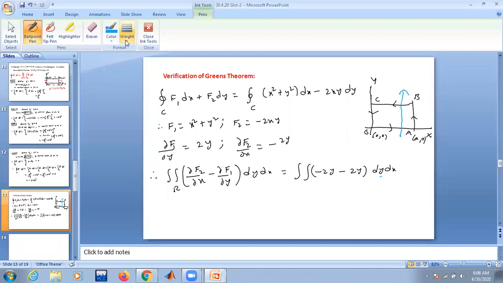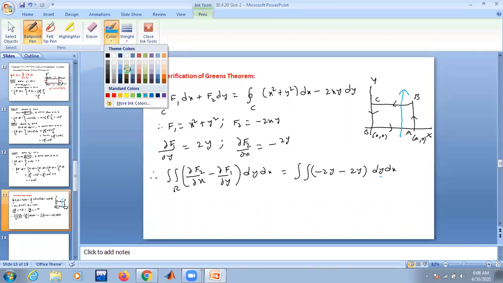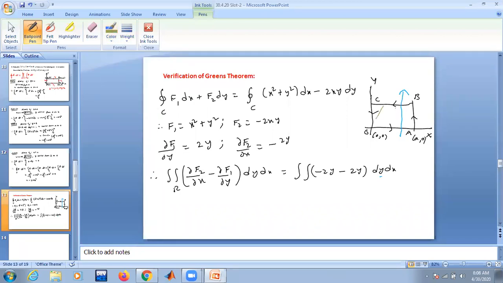Because this is a rectangular region, all the limits are going to be constants. So it is entering through the x-axis, leaving through this line. So what are these vertices? This is going to be a, b, and this vertex is at 0 comma b. Okay, so y varies from 0 to b, and x is varying from 0 to a.